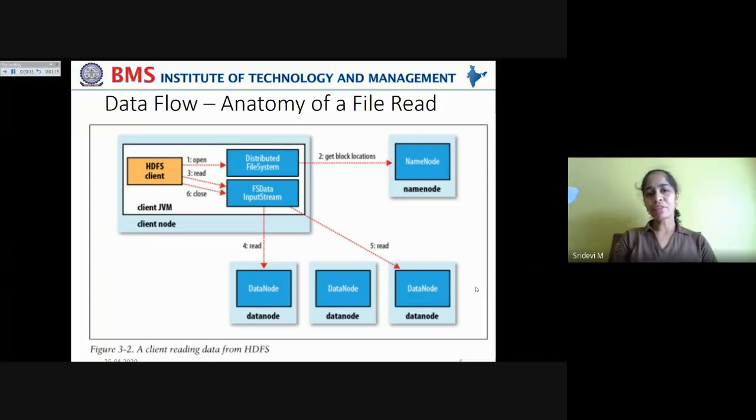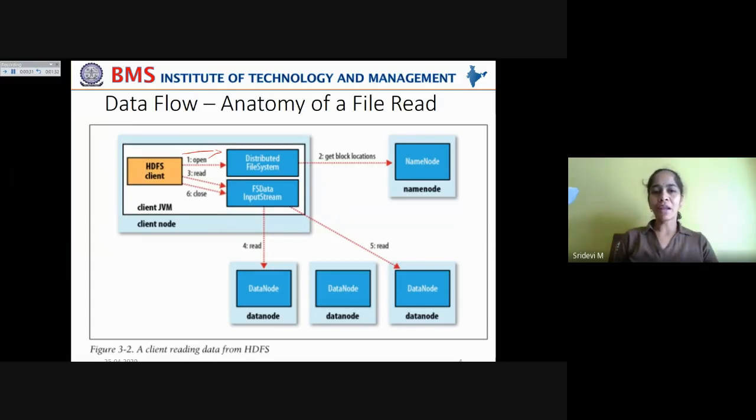When the HDFS client wants to read a file from the cluster, it initially calls an open method on the file system class, which for this particular cluster is the distributed file system.